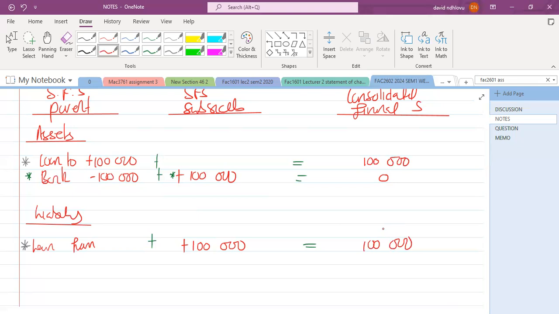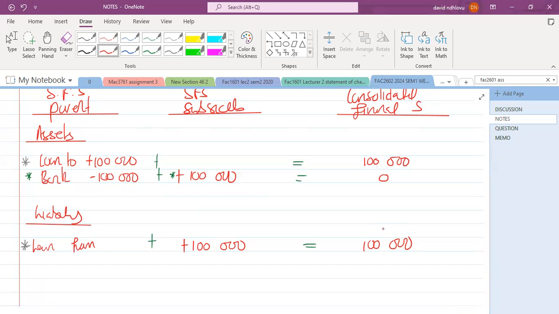Moreover, we are saying the separate financial statements can recognize this transaction separately. But at group level, we don't recognize this transaction because it occurred within the group. It doesn't affect anything inside the group. It affects outside the group. So therefore, we are saying that since we are considering now the two companies combined as one, a company cannot loan itself.